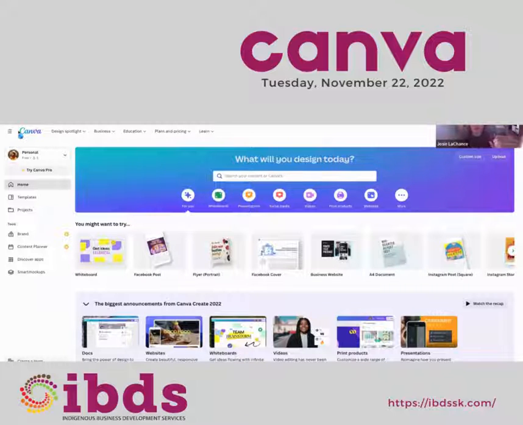And while we walk through that, if anybody has something that they want me to walk through creating on Canva, you can just pop it in the chat. Once we get through a few things, we can try to create something that you want created, and I can show you how to adjust a template that works for you.